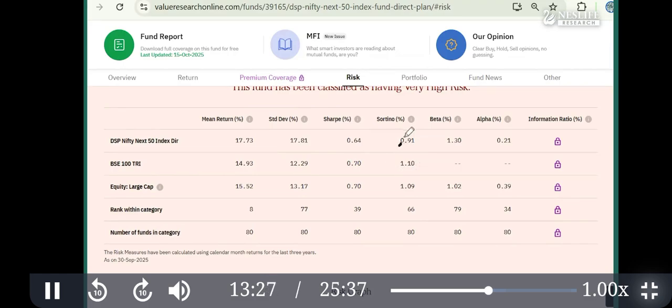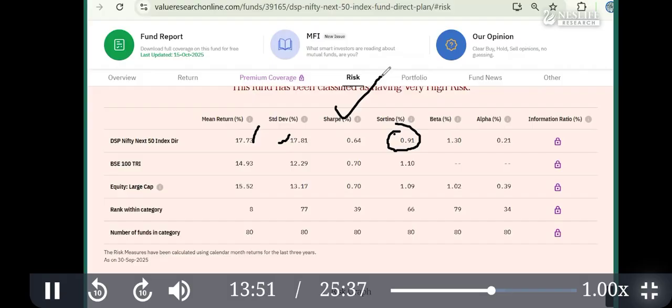Why? Because the Sharpe ratio tells us the risk adjusted return. That means portfolio return minus FD return divided by the standard deviation. If the Sharpe ratio is less than 1, what does it suggest? It means either return is less or standard deviation is more. So you have to check that the Sharpe ratio should be more than 1 in index funds